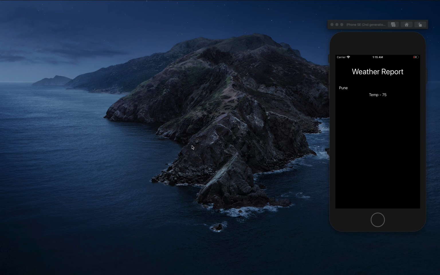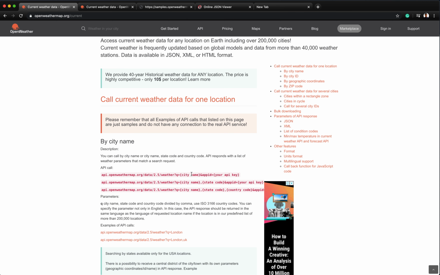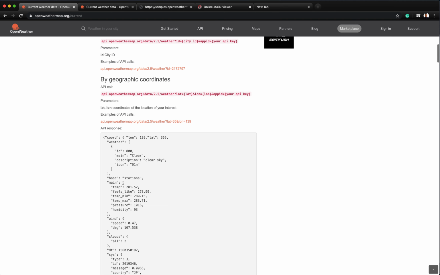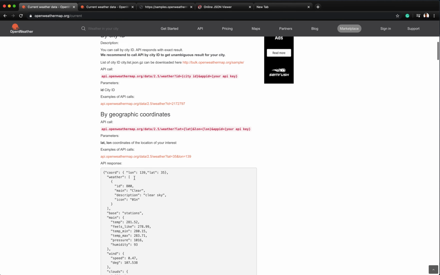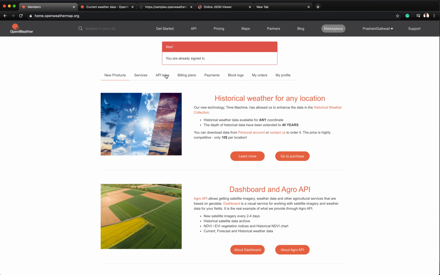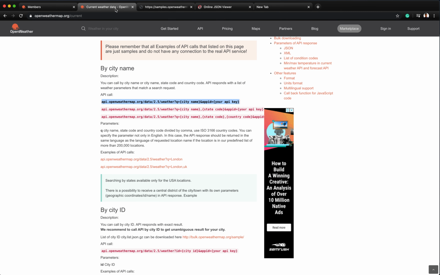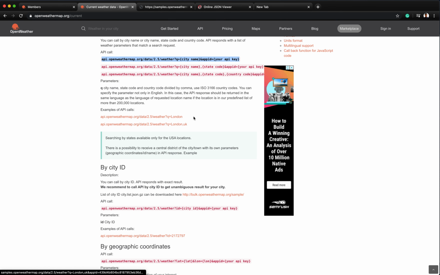Before creating this application, make sure you go to this website, and from here you need this API, which uses the city name and gives us the temperature in return. If you can see this JSON, you just need to sign in. Once you sign in to this website, you will come to this page. Then you go here where you will get the API key for your APIs. You just need this API key and the API URL to make that GET call for getting the temperature from the city names. For example, if you come here, they have given some examples of how this API works.